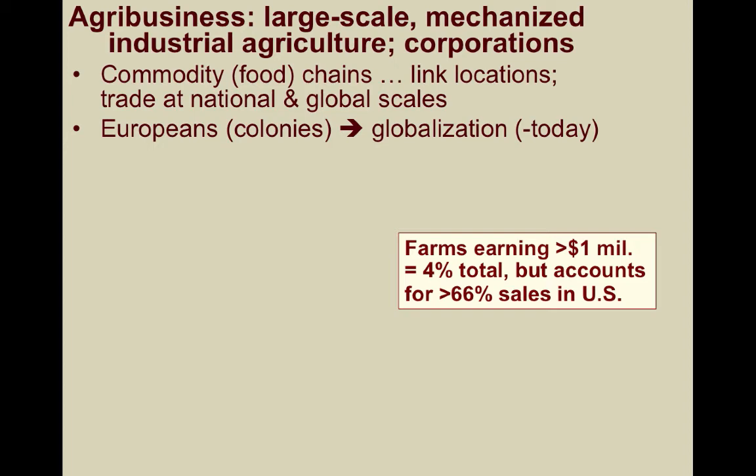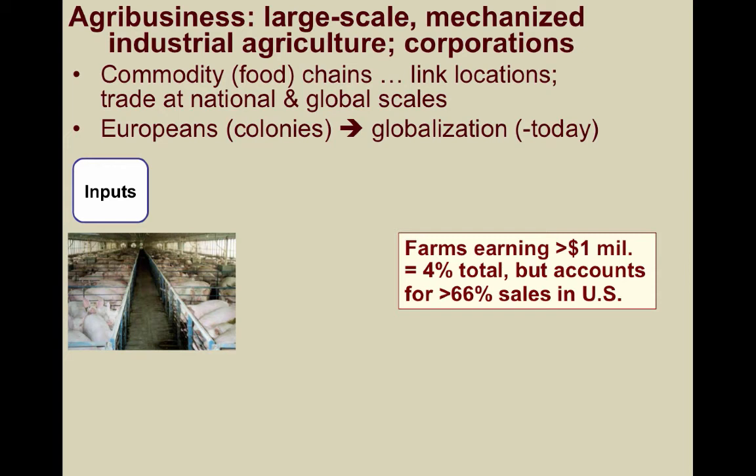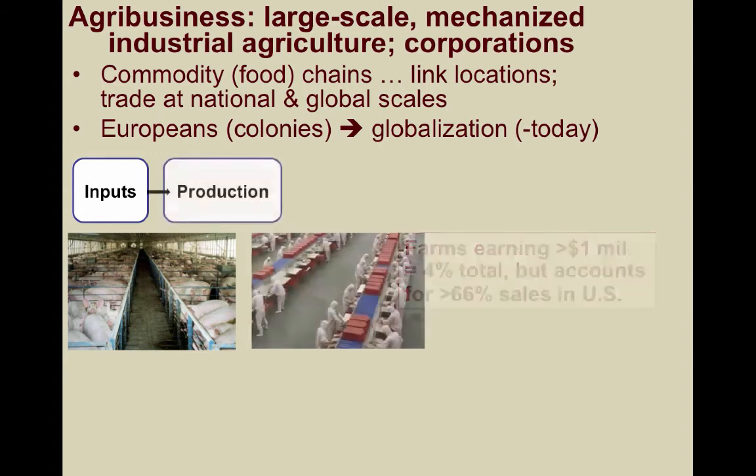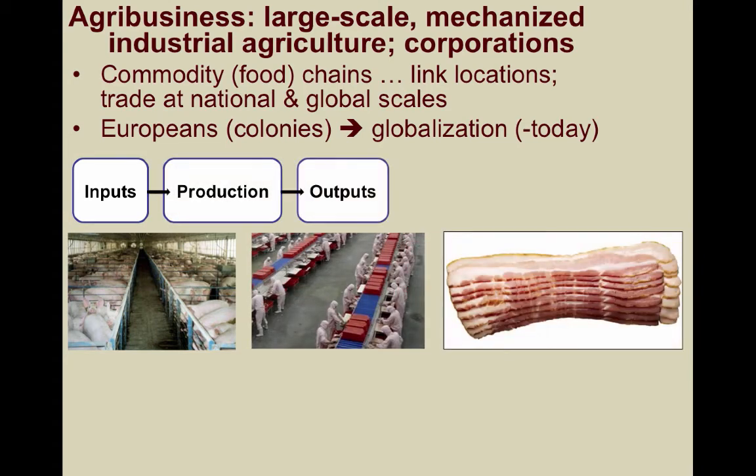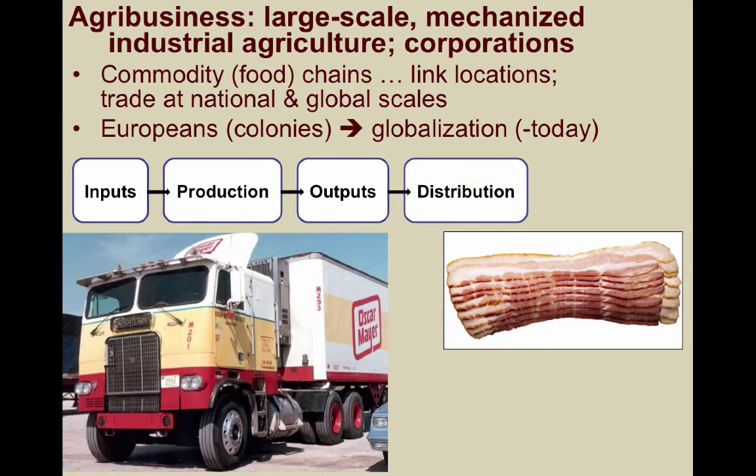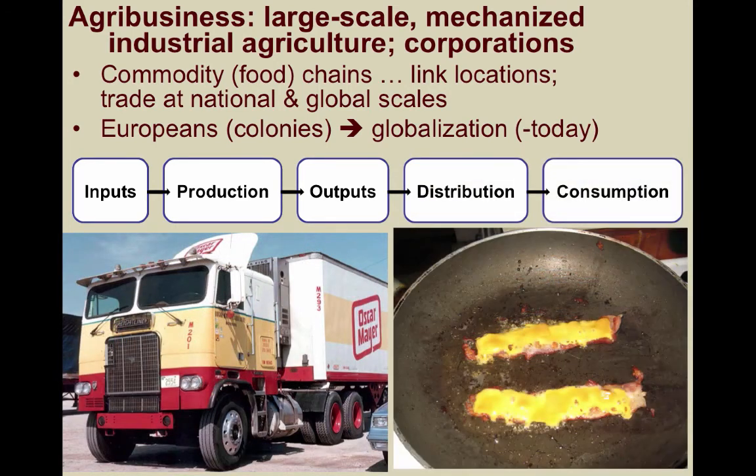Now, agribusiness is usually involved with the inputs of a commodity chain, such as pigs and hogs, as you see here. They are also involved with the stages of production, the outputs, or products that are produced. They are also often directly involved with distribution, and even with the product's consumption. For example, through advertising. And depending on your stance, this bacon with spray cheese is either the best or worst thing ever.